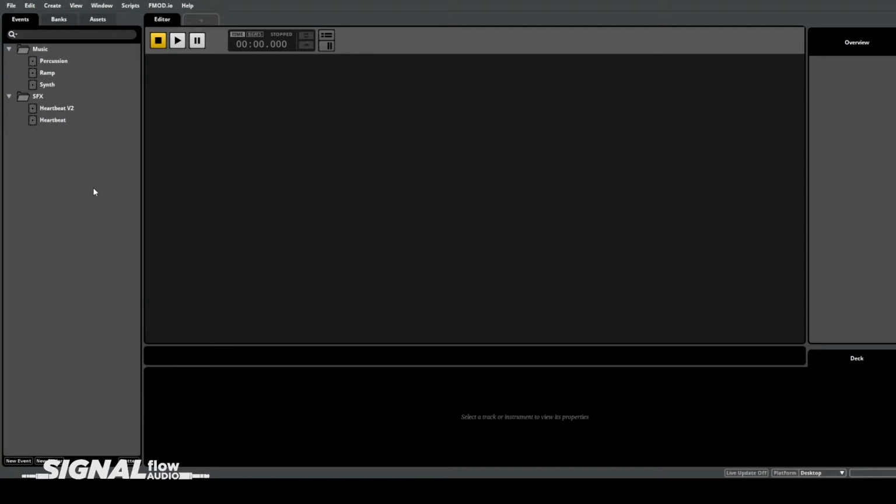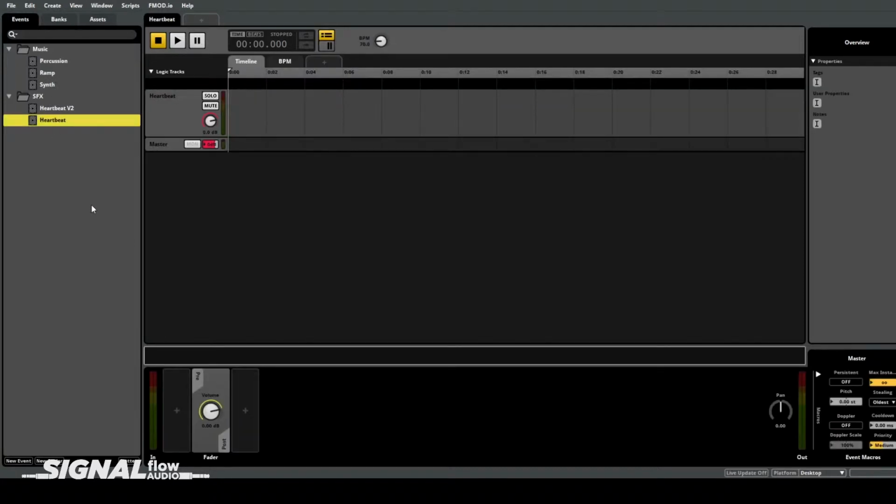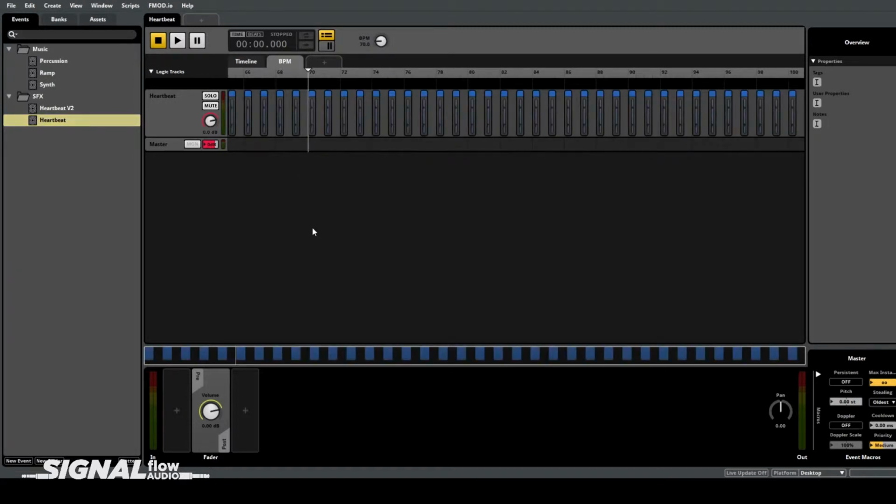Okay, so for the FMOD project, I'll quickly go over the early implementation of the heartbeat system, why that was flawed, and then go over the new heartbeat system, why that works better, and the procedural music system. So in the old version of the heart rate system, which is currently marked as heartbeat, not heartbeat v2, you can see that if your heartbeat is, say, 70, for instance, it'll play that and loop it. But if your heartbeat ever changes to something else, which I've set to 74 using the parameter circle in the upper area of the screen,